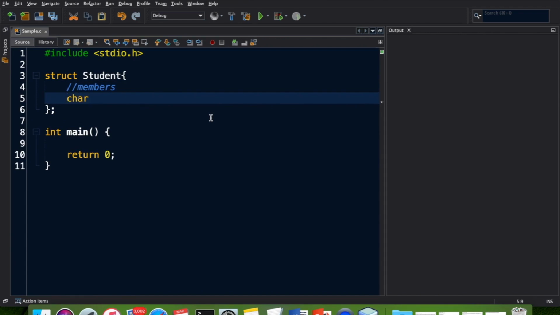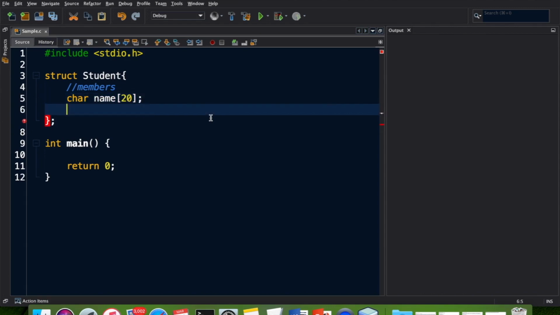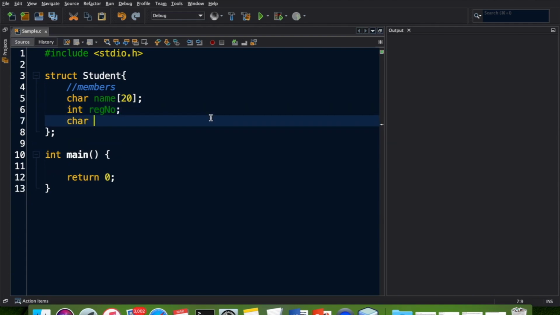So the first member I am going to keep is name, which is a character array. Let us say that 20 is the size. And we can keep some register number, where we are going to store only numerical values. So I am keeping the data type as integer. And another one for gender, where we store only one letter. So I am going ahead with character. So the structure is created, and the next step is to declare